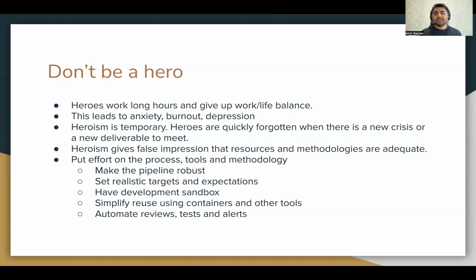the case. So give time to make your pipelines robust, set realistic targets and expectations with your stakeholders, have a development sandbox or testing sandbox. Try to simplify the reusing of your tools or containers, automate as much as possible the tests, the alerts, the